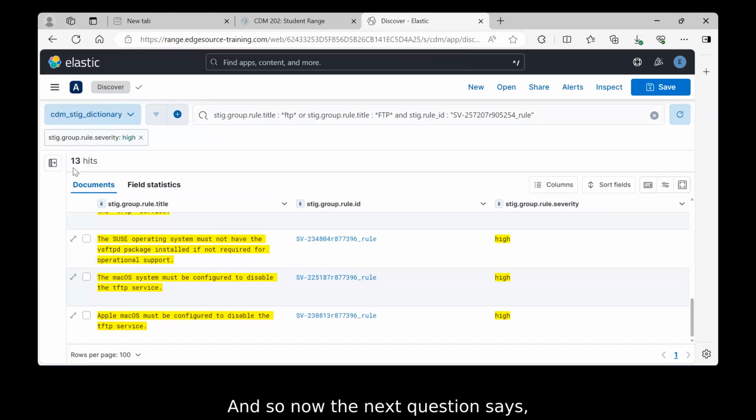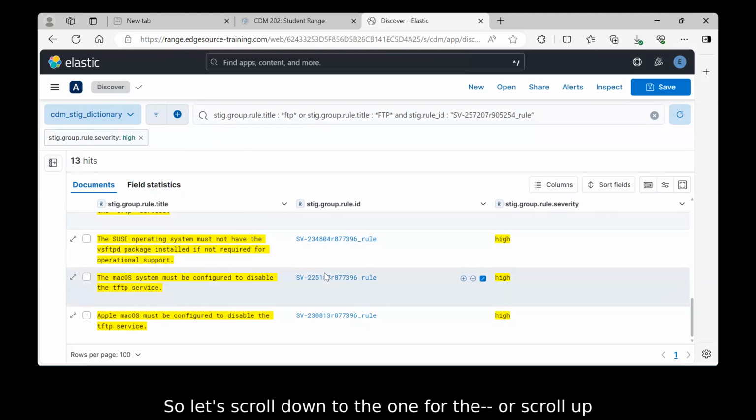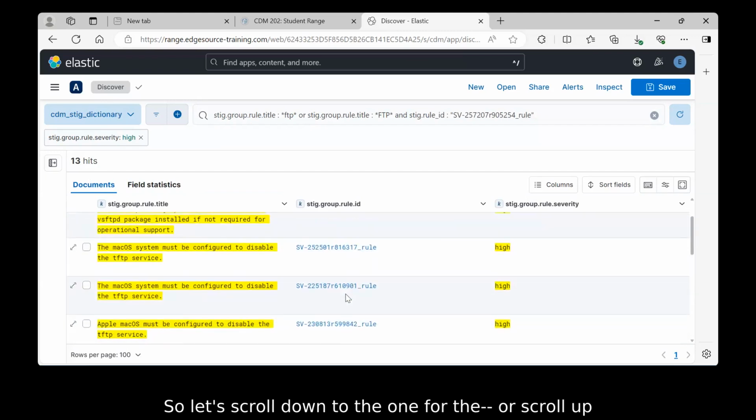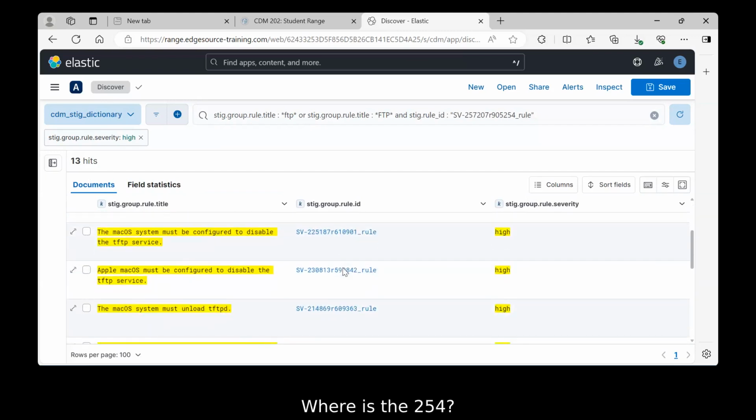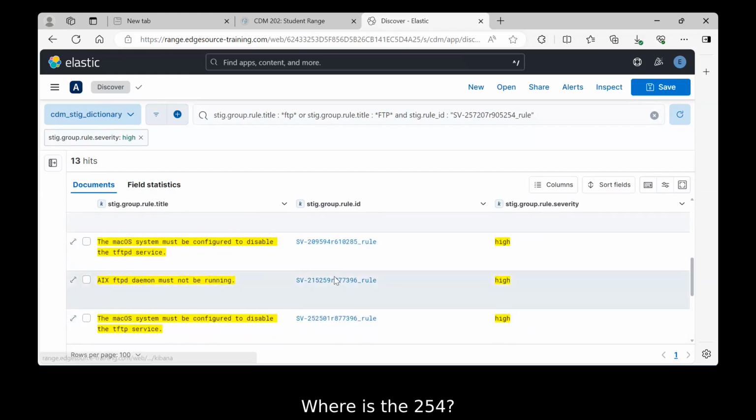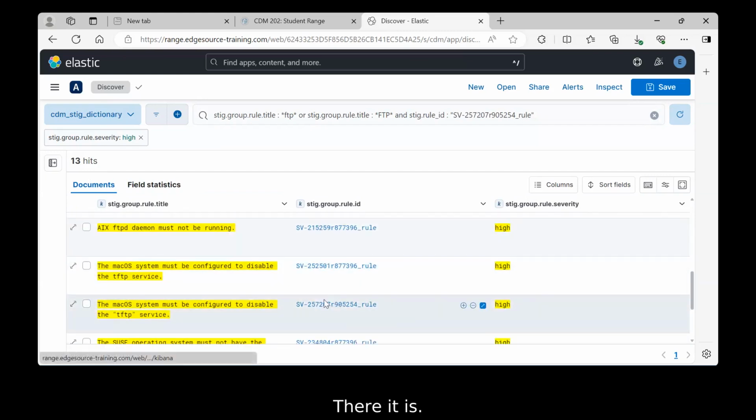And so now the next question says, click on the blue hyperlink for the STIG rule. Okay, the one that we just found, the 254. So let's scroll up for the 254. Where is the 254? There it is. All right, so we're now scrolling to this. It says click on this blue hyperlink. All right, so let's click on this rule,